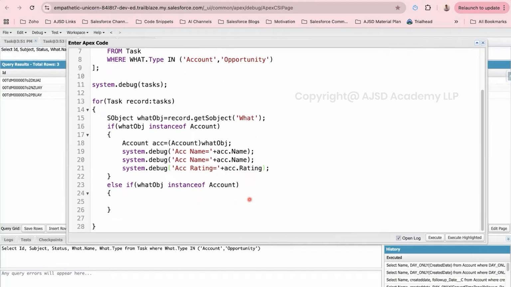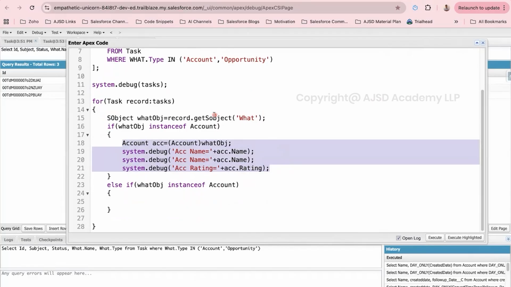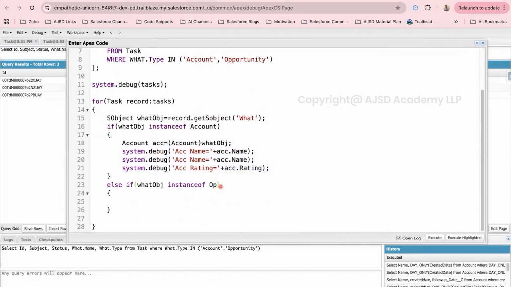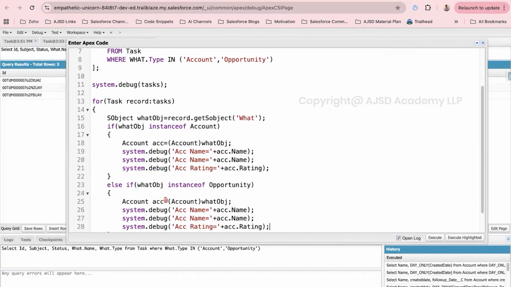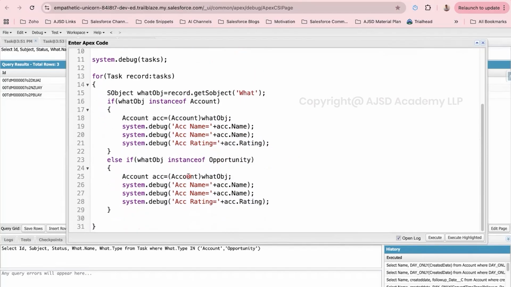The same method we have to follow for opportunity also. Suppose we have retrieved one record from the task as a result of a polymorphic relationship SOQL. Suppose if it is an opportunity, then it will come here, right? So I'm going to change this into opportunity. If it is an opportunity, simply the same steps you have to follow. First, you need to typecast it. So it is going to be an opportunity,